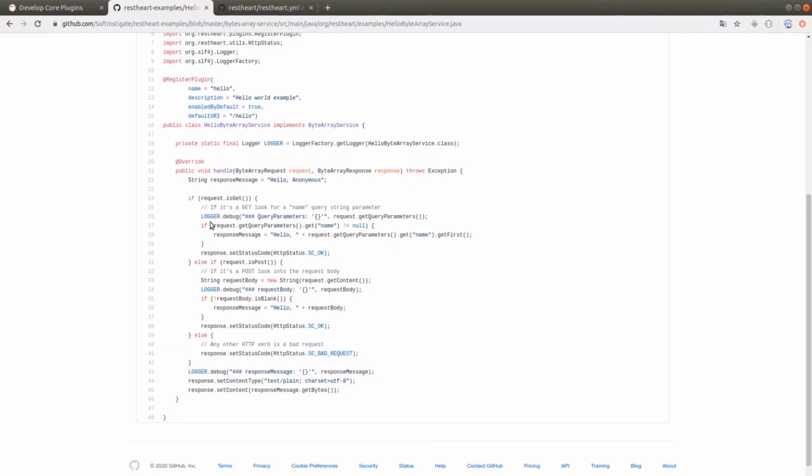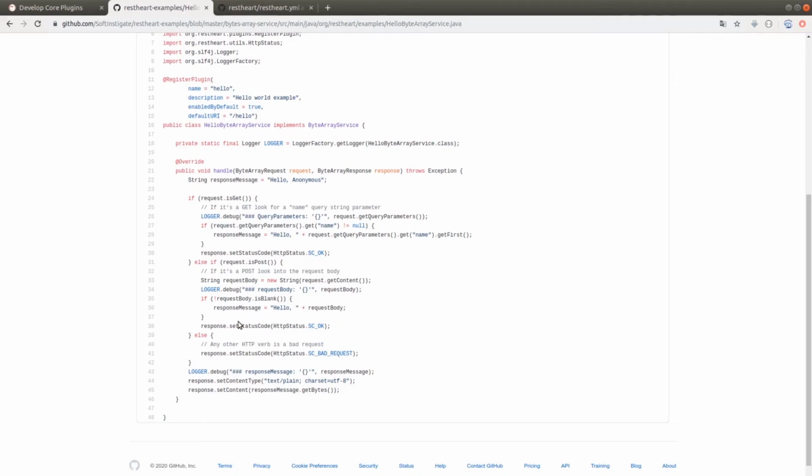For example, this instruction tells us that if the request is a GET, a message is printed. Then, through the GET query parameters, we can verify if there is a name parameter different from null. At this point, the response message will be obtained by linking hello with the name that has been passed among the parameters. Then, as we can see, we can manipulate the response and therefore we can set an HTTP code, which in this case will be the classic 200.